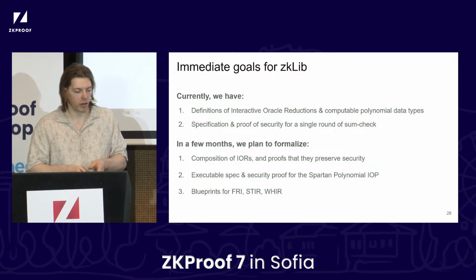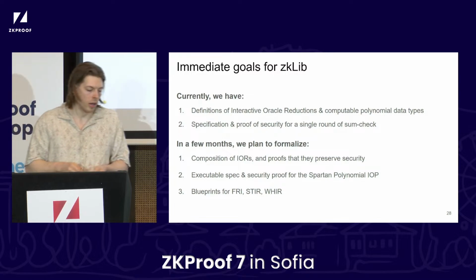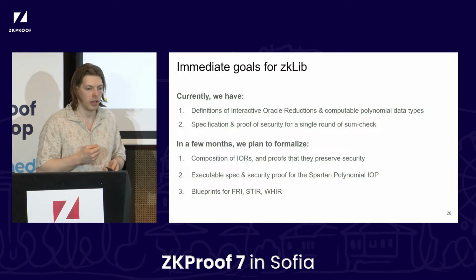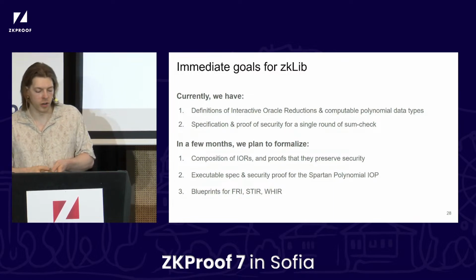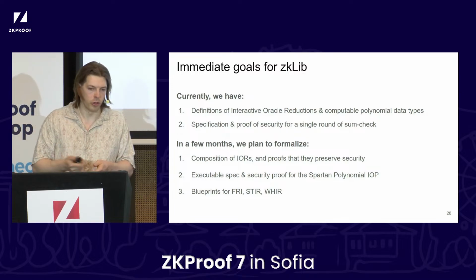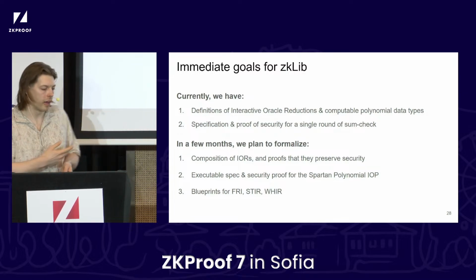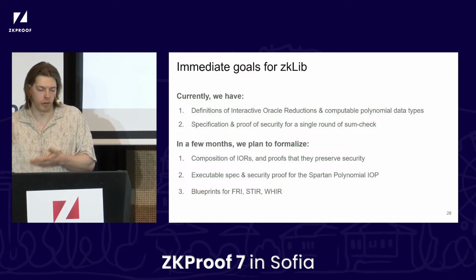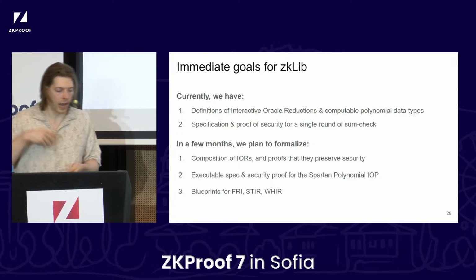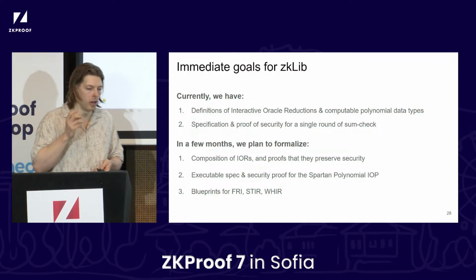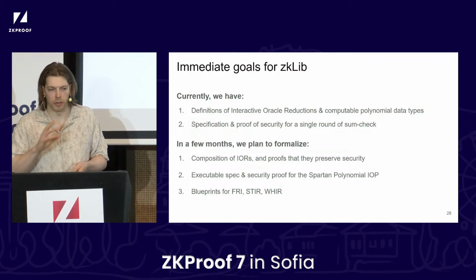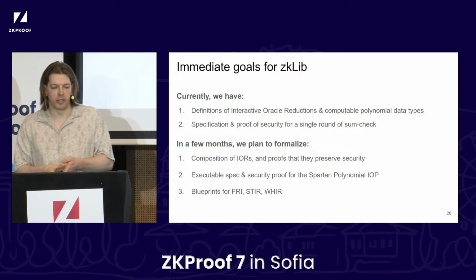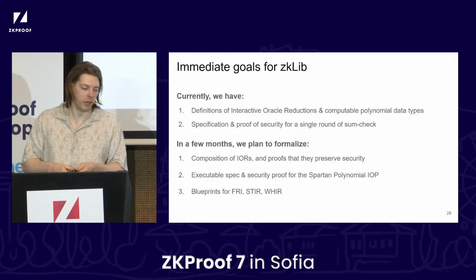Once we have these blueprints set up, one thing that we're also intending to do is to set bounties for specific theorems. One nice thing about Lean, or doing things in a proof assistant in general, is that obviously it checks proofs for you. And so blueprints, for context, are just a dependency graph of theorem statements that need to be proven to get to a final result. Anyone should be able to look at the blueprint, look at a theorem statement that needs to be proven. Some of these might be quite simple. In particular, some of these might just be things about Reed-Solomon codes that shouldn't be too complicated.